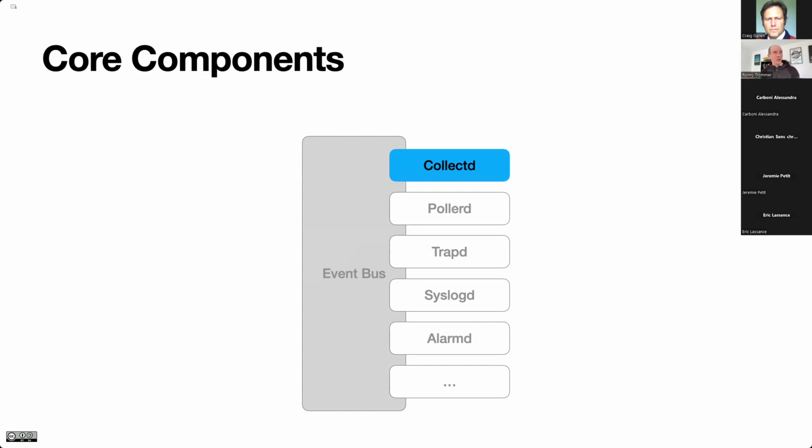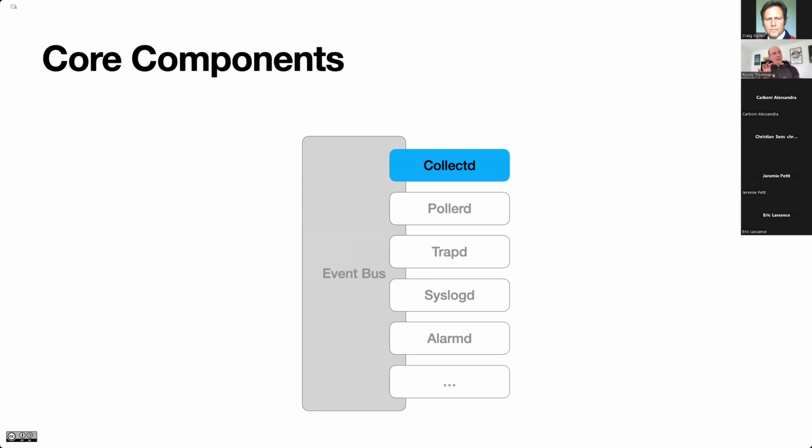Then you would like to generate events, and for that use case, Collectd can create events on our event bus. It would be a similar thing to what you have seen yesterday. The event that Collectd creates is a high threshold exceeded event, and there will be a high threshold rearmed event when the system goes back to normal. So you have this kind of event-driven state where you can also create alarms out of it with the exceeded and rearmed events. It's the same mechanism you have seen yesterday.